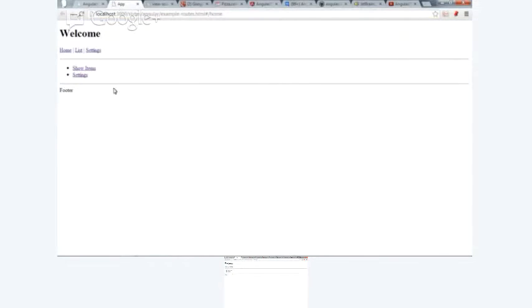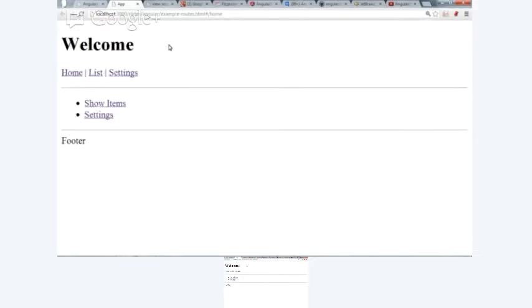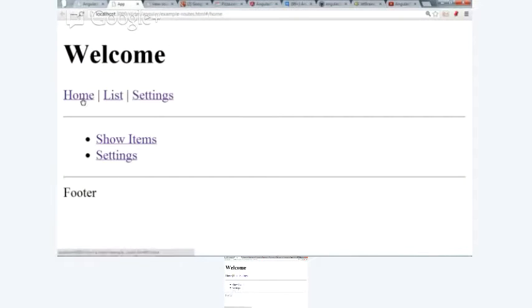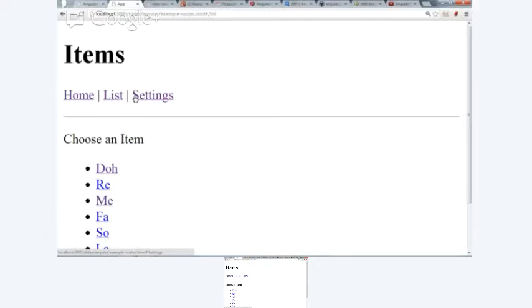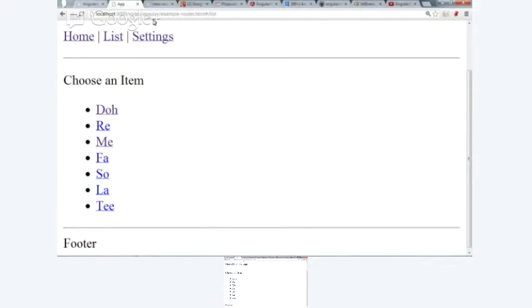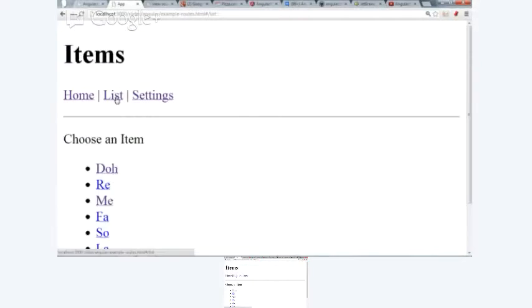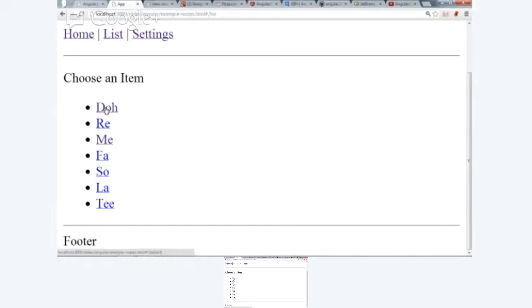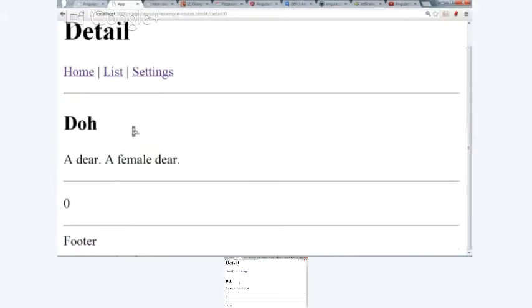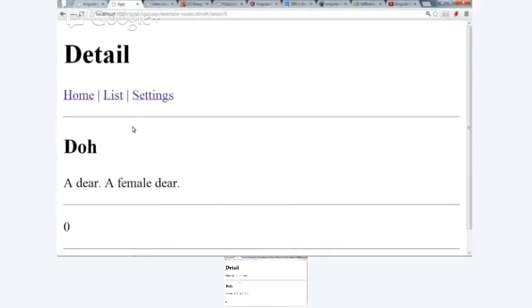To give you a simple example, this app has some navigation at the top, a home view, a list of songs, and a settings view. And for each song in the list, there is also a view of the song detail.